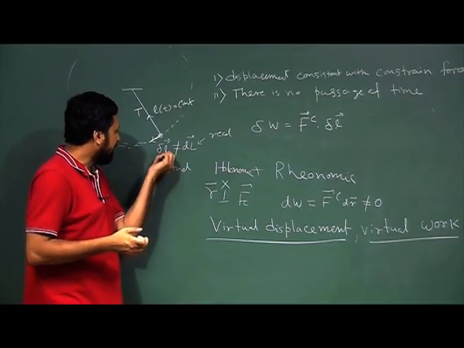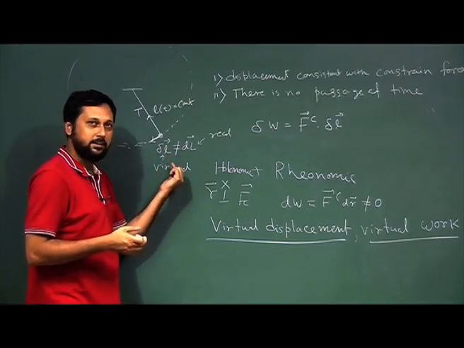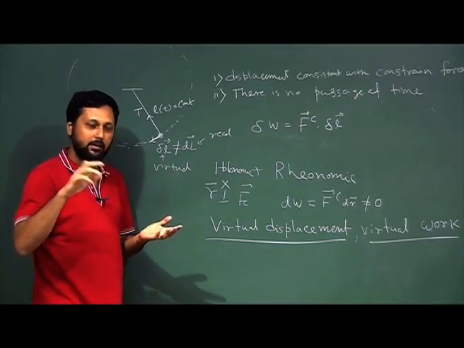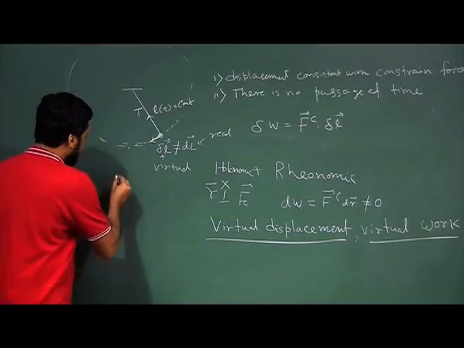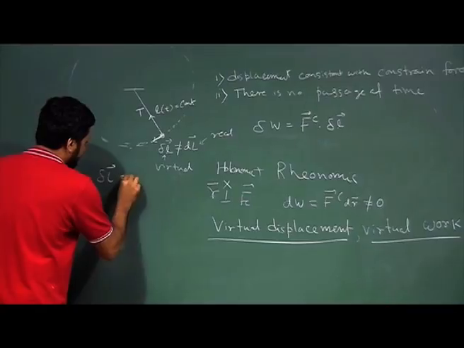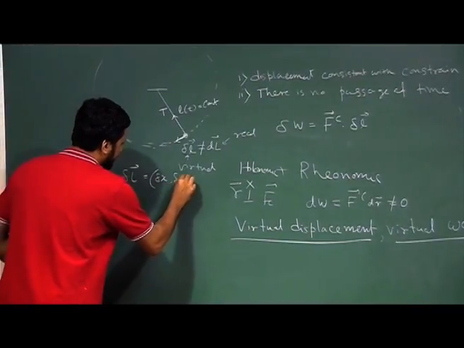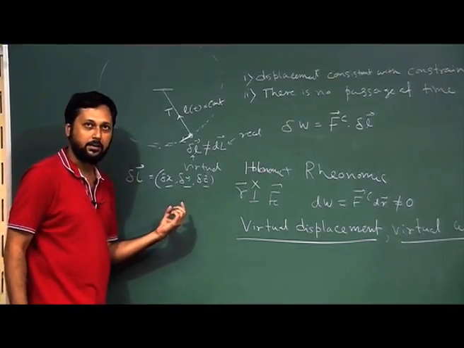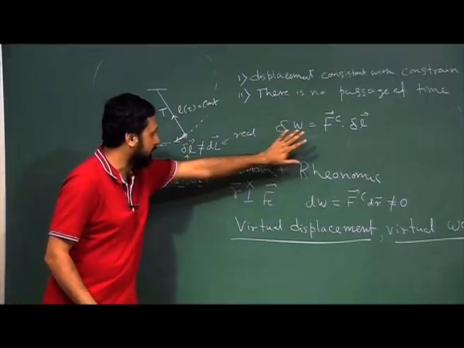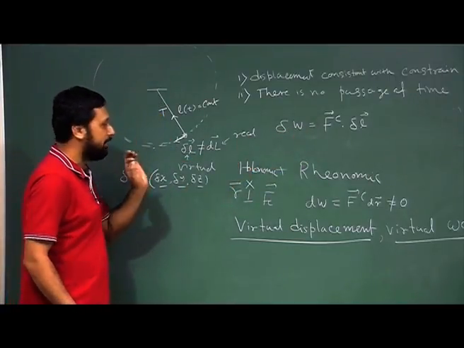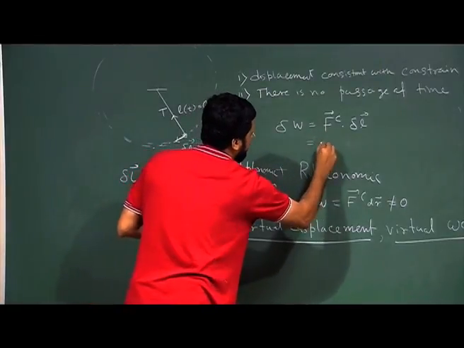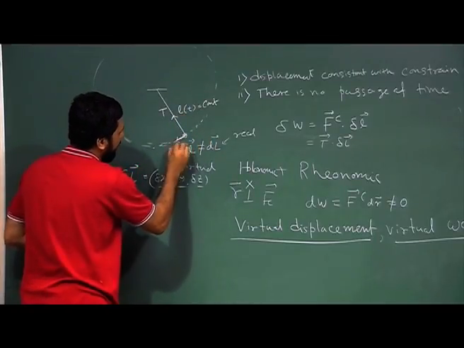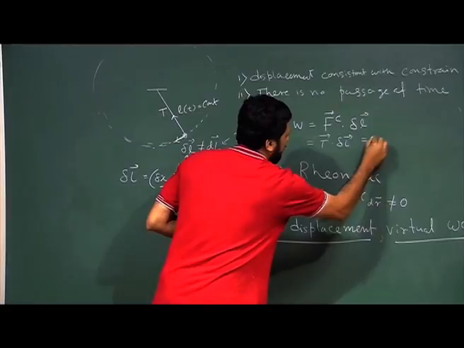So, if curly delta L is a vector, then it will have 3 components, x, y and z, each of which we can write with a curly symbol. So, delta L vector is essentially delta x, delta y, delta z, where these 3 are the virtual displacements in 3 different directions. But it is not very important to break the equation here. What we understand directly is that F_c is nothing but your tension T, and T is along L, and L and dL are of course perpendicular to each other. So, this is equal to 0.